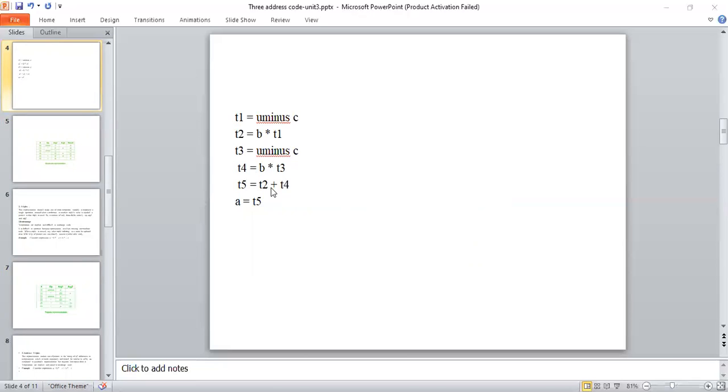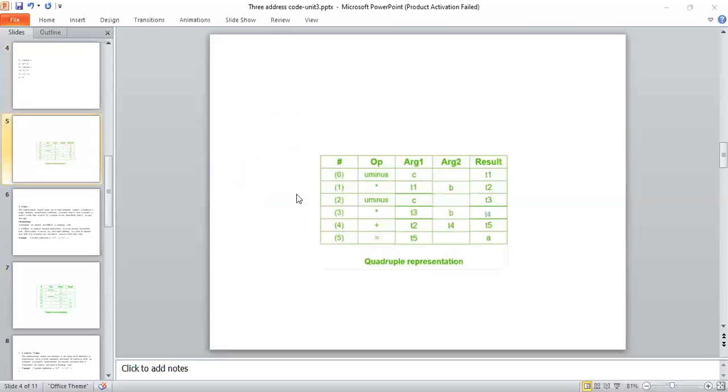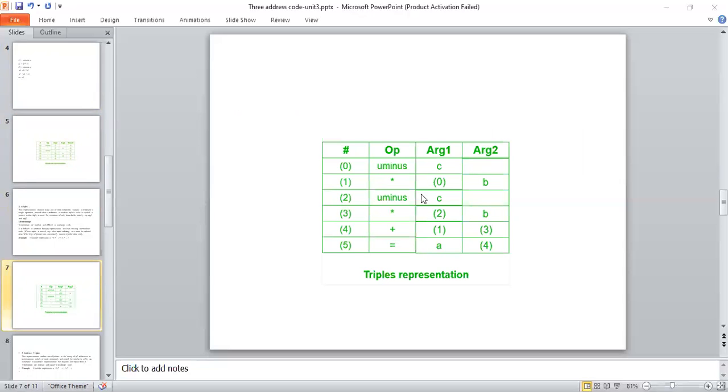Now I'm adding this value and this value. So here we have to check the statement number in the table for where each value is available, and this resulted value also we have to check by the statement number. This multiplication of B and C is available in the statement number called 1, and again this C and this B are multiplied and have the result in 3. So I'm adding this 1 and 3, so the operator is plus, 1, 3, adding these two, and the addition of these two is available in 4.